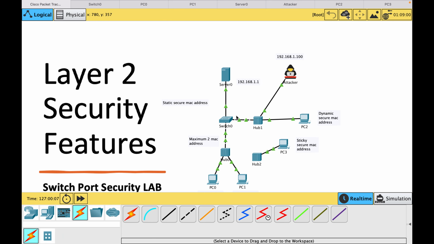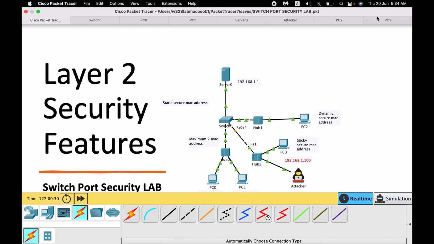Also connect the switch FA0/4. Okay, so let's disconnect the attacker from there and connect it here. Bring the attacker down. Let me hop onto PC3